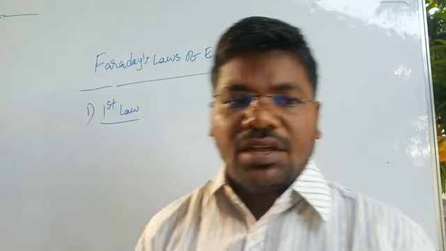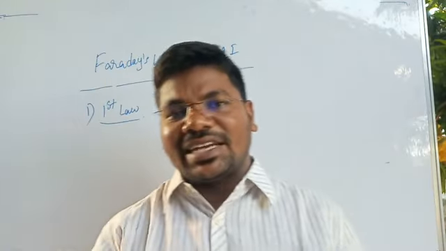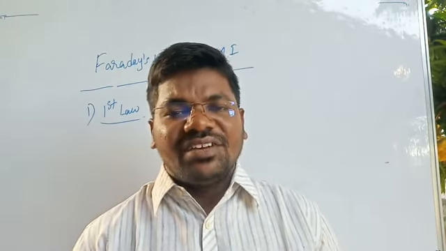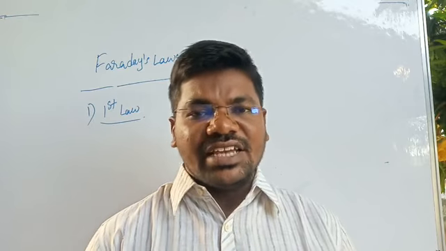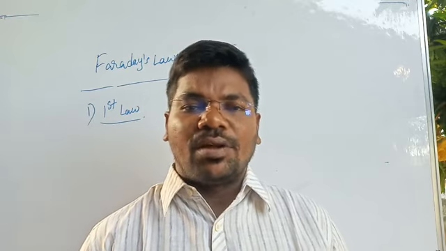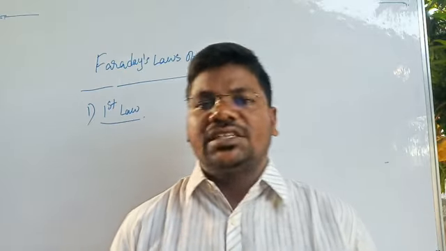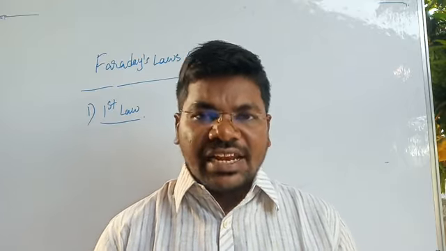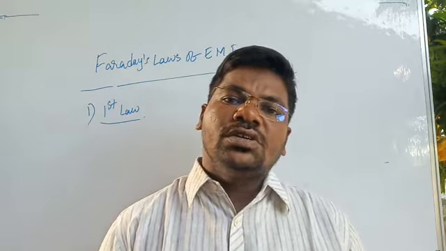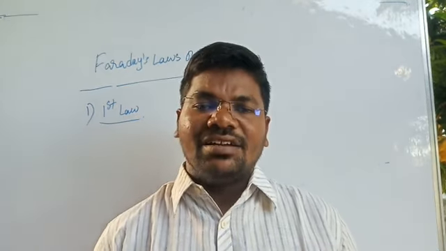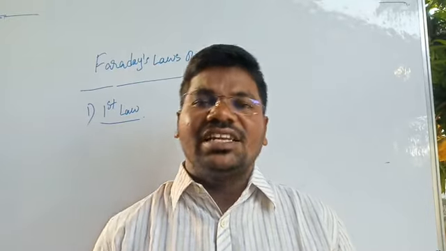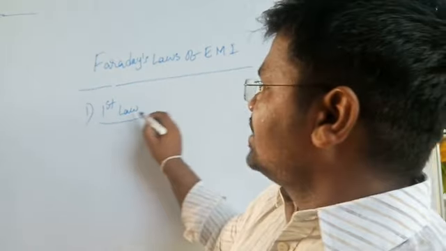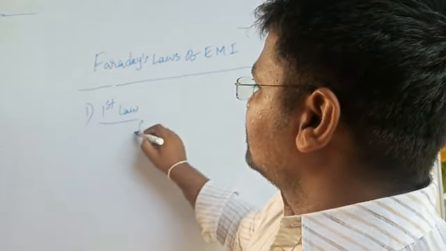Okay, so from the three activities or the three experiments, we can say that the magnetic flux linked with the coil changes and an induced current is developed in the coil. That is the first law. Faraday's first law gives that an induced current is generated in the coil due to relative motion between the coil and magnet, or the magnetic flux linked with the coil changes. Okay, understand? The flux linked with the coil changes.